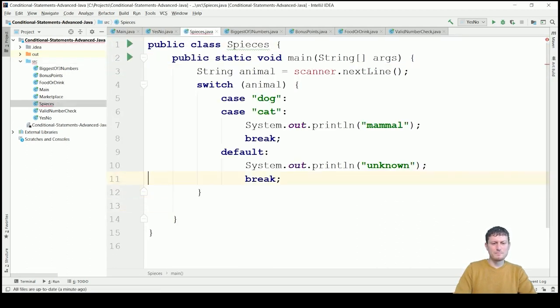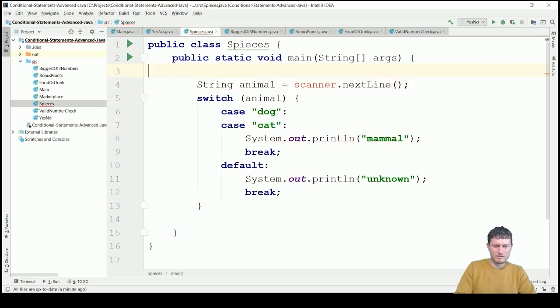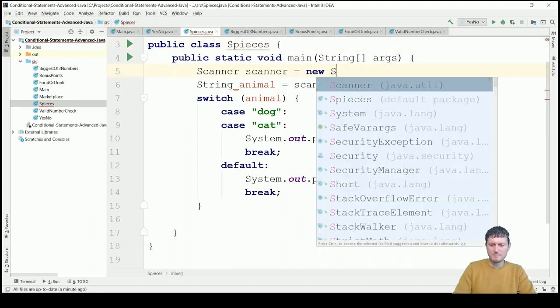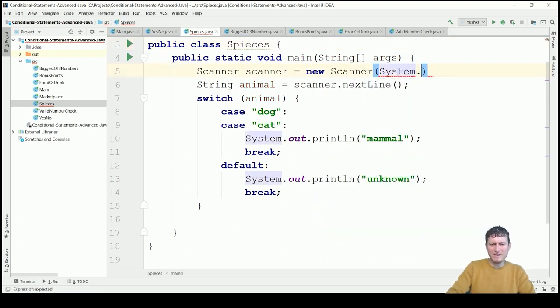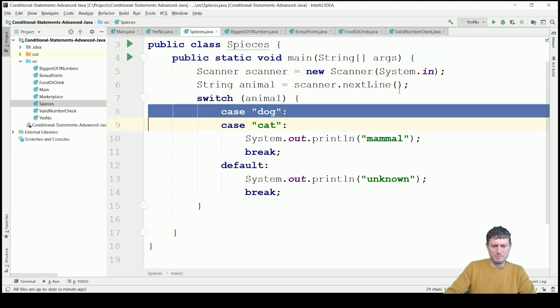So scanner equals new scanner of system.in. In this animal, if it is dog, cat, or for example